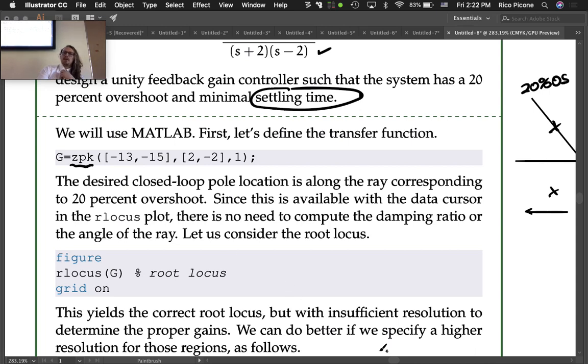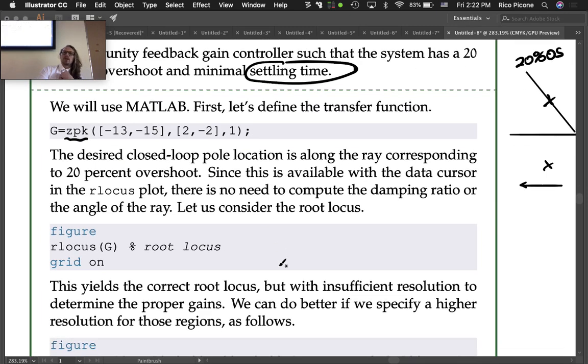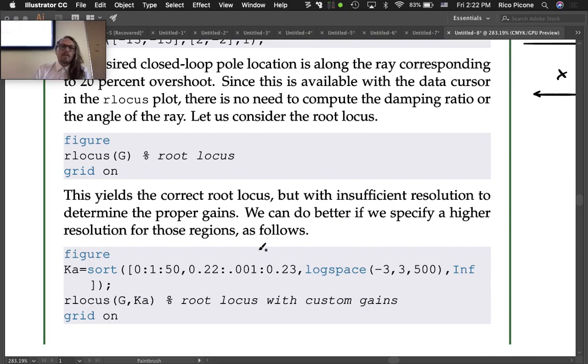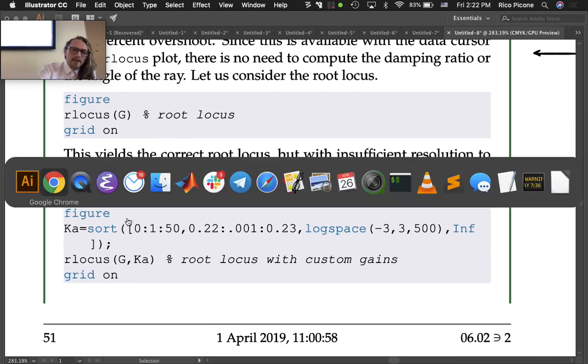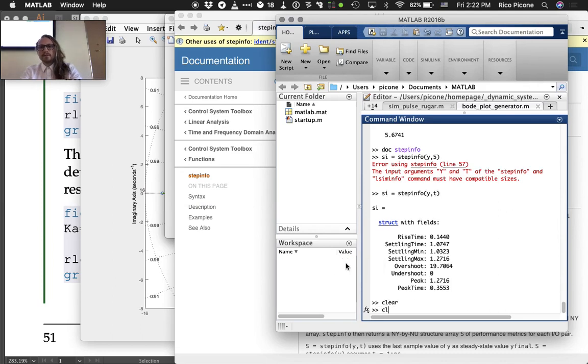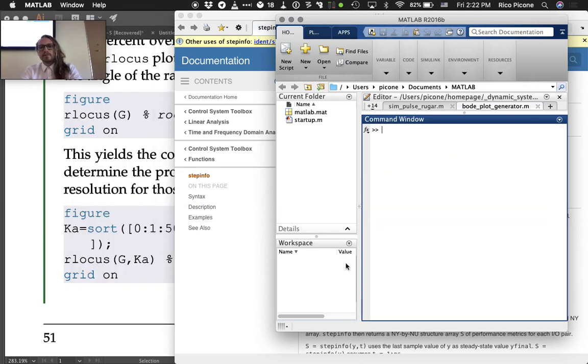Since this is available with the data cursor in the root locus plot, there is no need to compute the damping ratio or the angle of the ray. Let's consider the root locus. So you can just use the rlocus command. Let's do that in MATLAB. All right, so let's do a G equals ZPK of